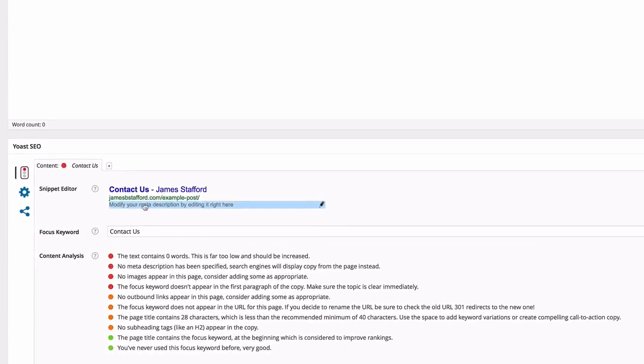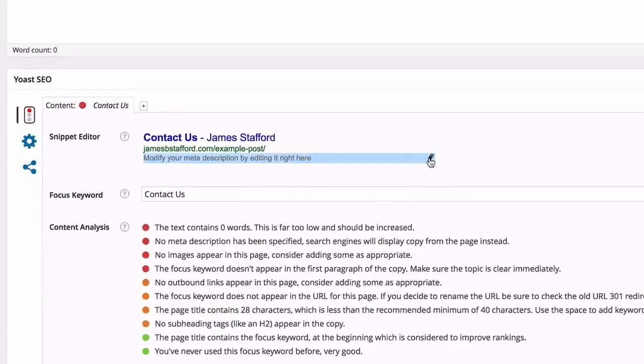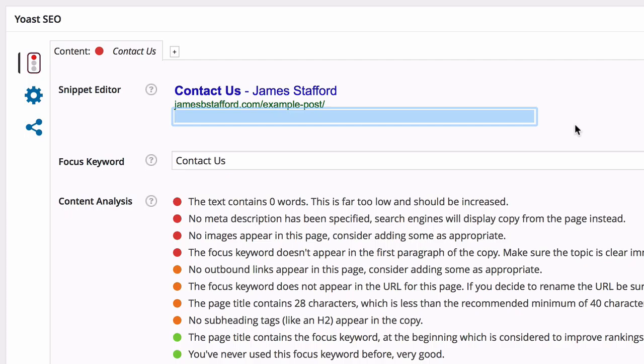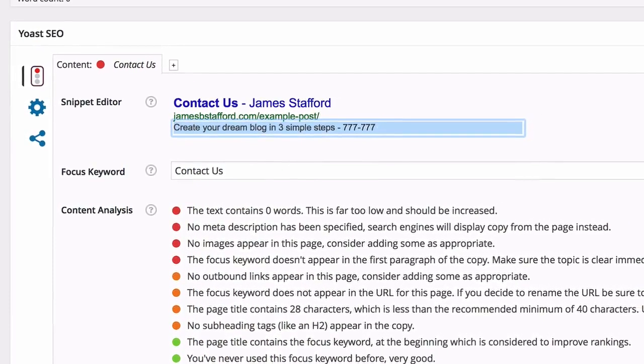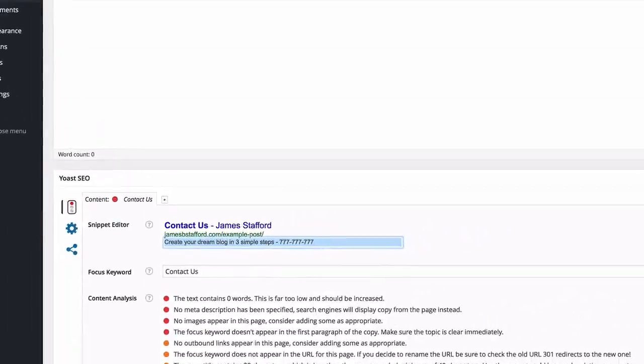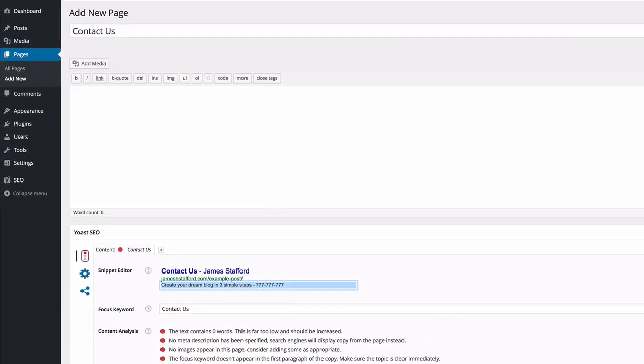All right? And then from there, we want to modify this meta description area. Now, you want to make this compelling. You want to force clicks. You want people to want to click that link because it sounds interesting or fun. So I'm going to type in create your dream blog in 3 simple steps. Now, if your business allows for it or your blog, you can type in a phone number. I mean, sometimes people are just looking for things very fast, as you're probably aware of, and they just want the path of least resistance. So whatever's going to be the easiest for people to get in touch with you for your contact page at least. Okay, so just to reiterate, if you click right here, this is a rendering of what the post might